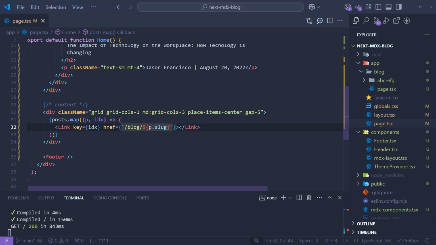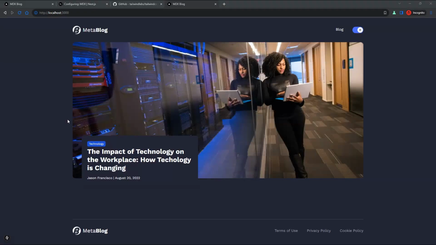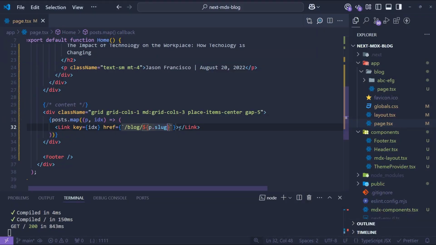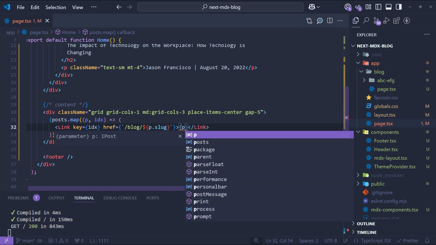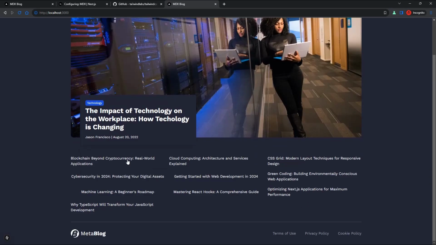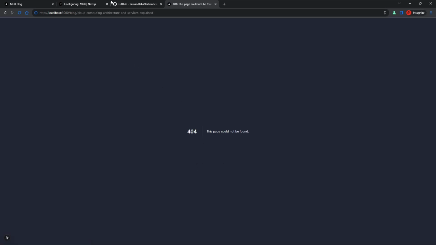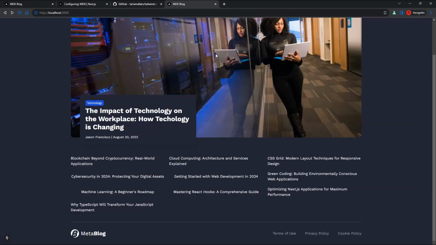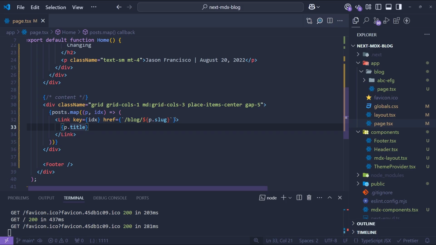If we want, we can see it in the UI. There will be nothing yet because I haven't added the text or anything like that here, right? So right now, let me add in the title, so we can see p.title. Now we can see that it has created a few more pages here, and if I click on any of them, you can see it goes to that particular blog slash slug page, which is the intended thing for us to do. Let's add a class name for our Link tag,